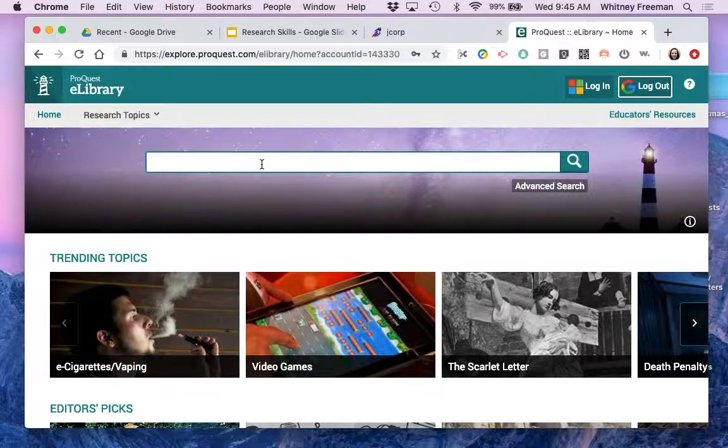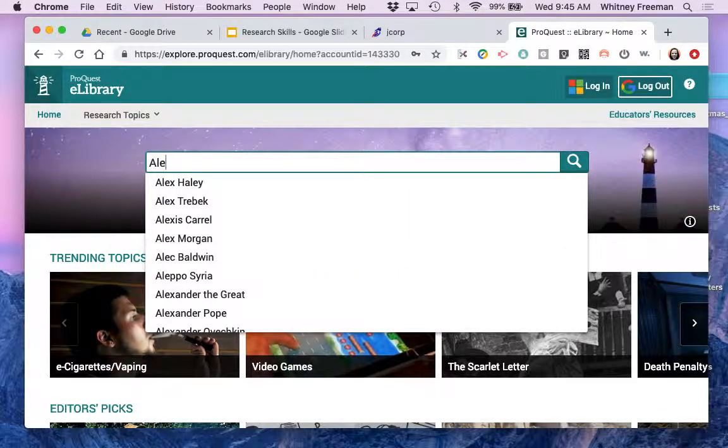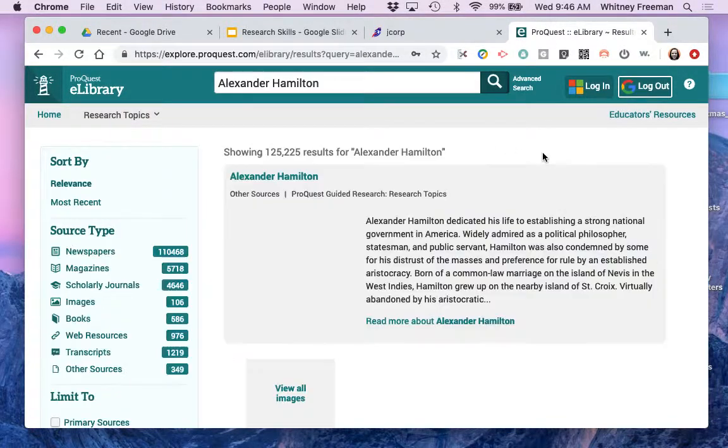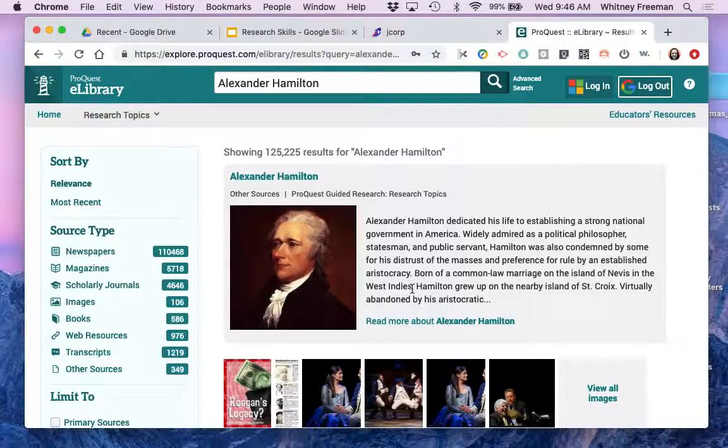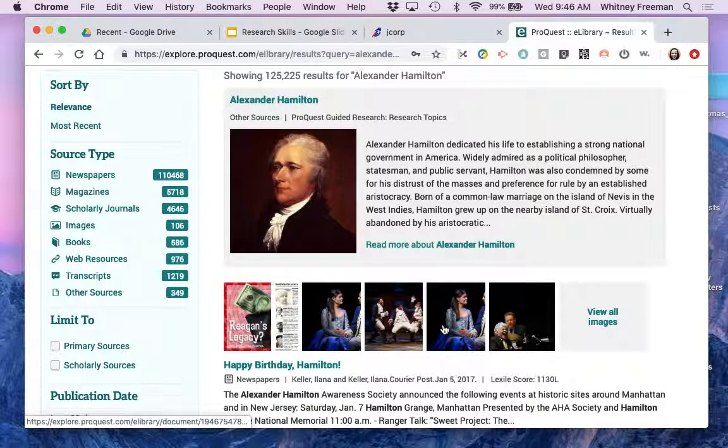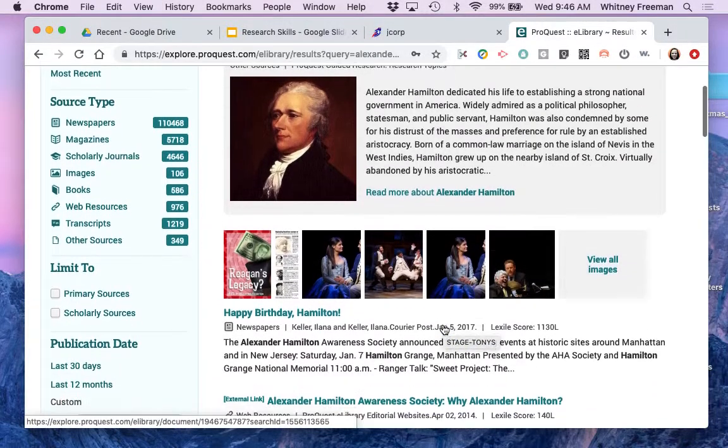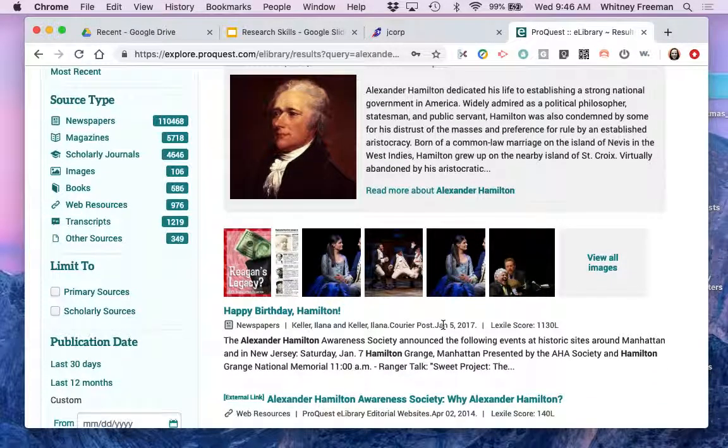I am going to research just a general topic that's not related to your topics, and I'll show you how this works. It's very much like a Google search. I'm going to research Alexander Hamilton, and there are some things that will pop up that I really don't need because it is a more popular topic now. What will pop up are images or articles about the musical, which is fantastic, but